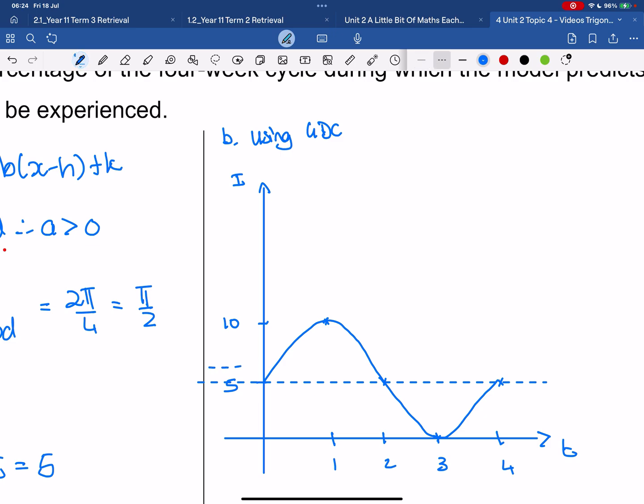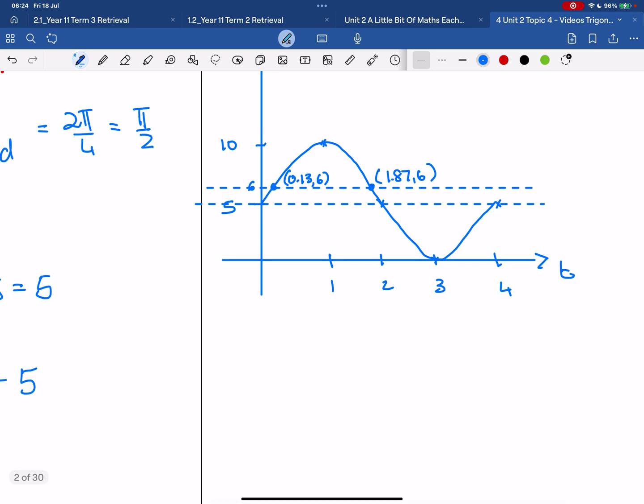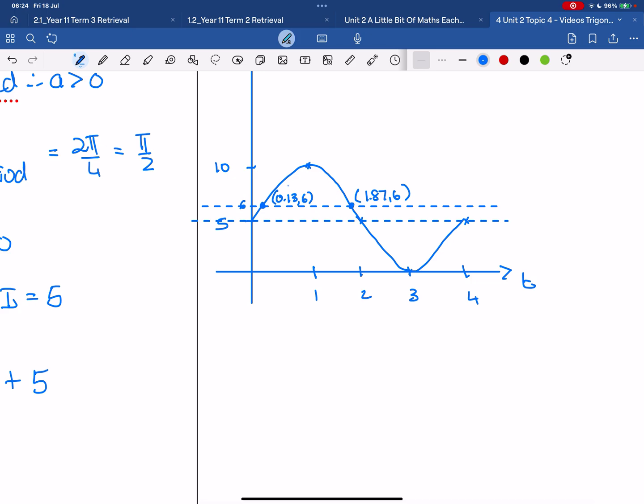Okay, and when I do that, this is at y equals 6, I'm going to find these 2 points over here, and you have to label them. Okay, as part of using your calculator, you're going to label them as (0.13, 6) and (1.87, 6). And that way I can figure out how many weeks out of the 4 weeks I is greater than 6. So we're looking for this value here